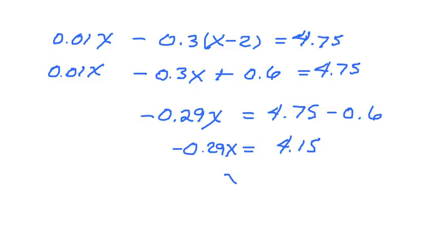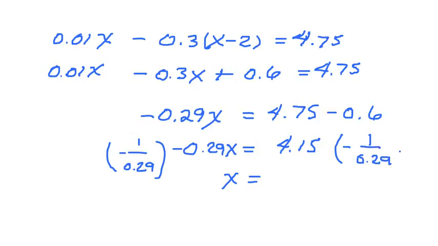Now, of course, we're going to multiply both sides by a negative 1 over 0.29. Negative times a negative would make that a positive. So let's just do that. We should end up with x is equal to